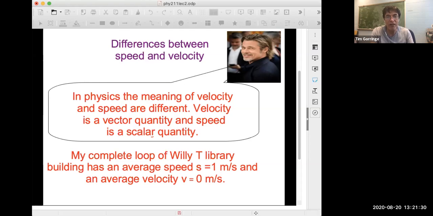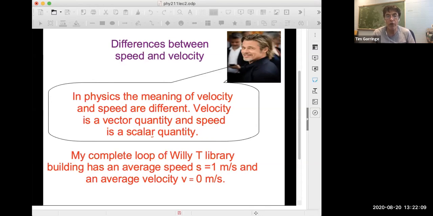here Brad is stressing this difference between velocity and speed. So velocity is a vector like displacement was a vector. And in one-dimensional motion, velocity and displacement can have plus or minus signs, depending on whether it's to the left or the right. Speed, on the other hand, like distance, is a scalar quantity. It doesn't have direction, it only has magnitude. And so distance and speed are both scalars. Velocity and displacement are both vectors.